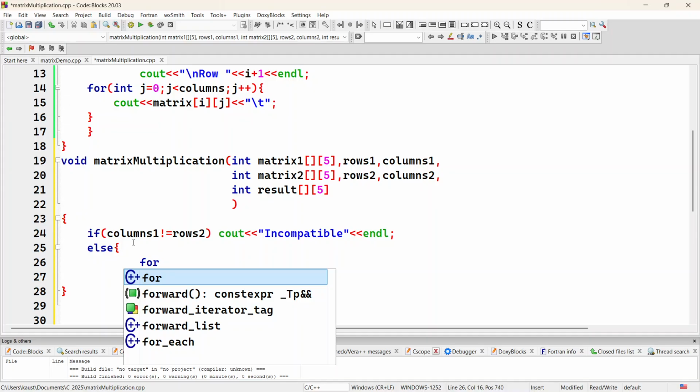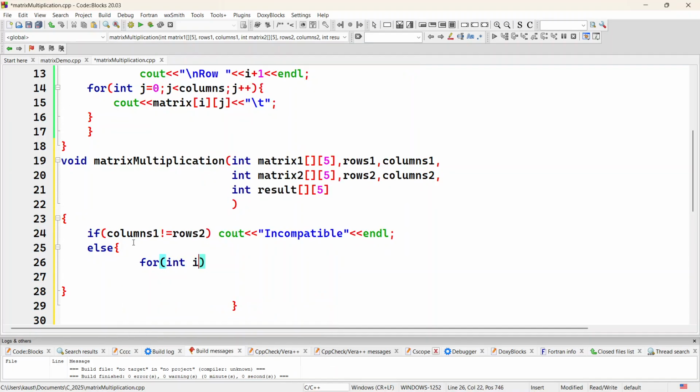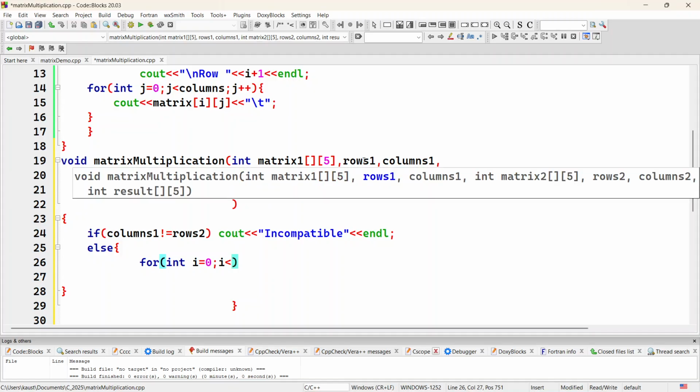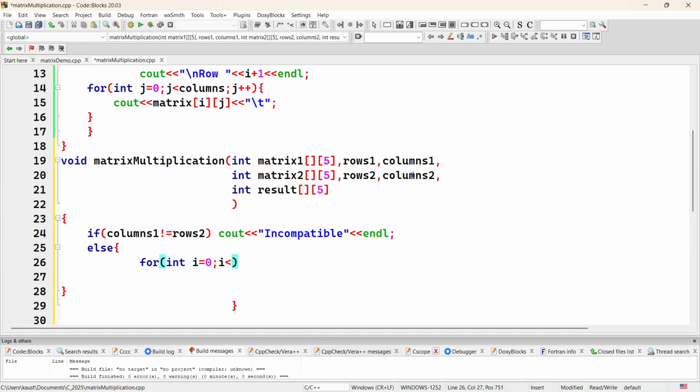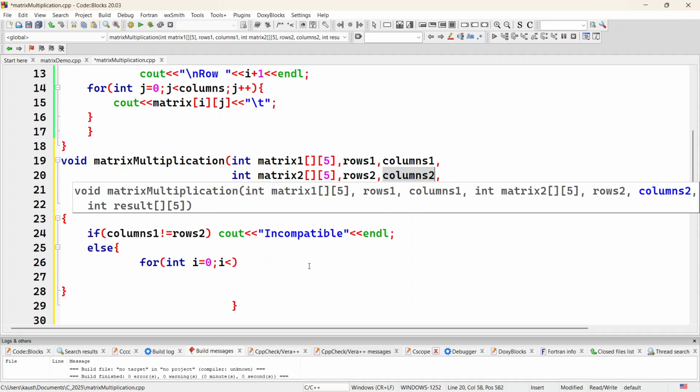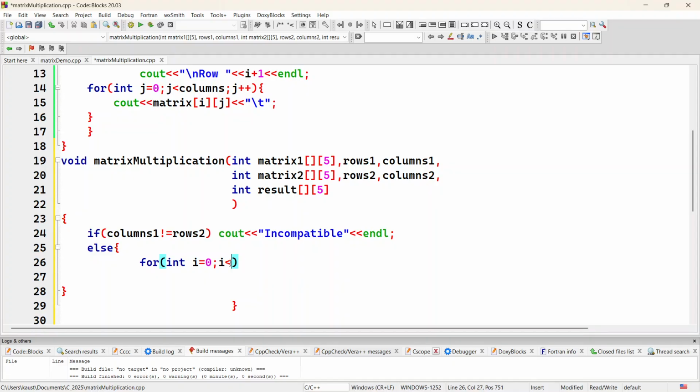Of course, now when you're writing this loop, think about the result matrix. Think like you are filling the result matrix. So what will be the number of rows in the result matrix? It will be equal to the number of rows in matrix 1. And what will be the columns? Number of columns will be equal to columns 2, right? So for i less than rows 1, i plus plus, and then inside it we have a nesting